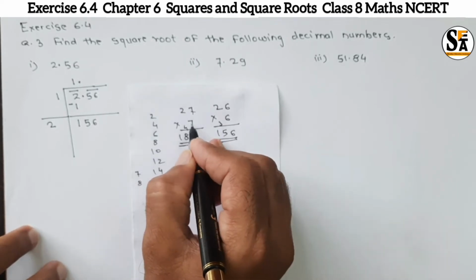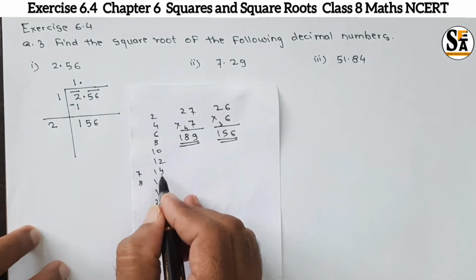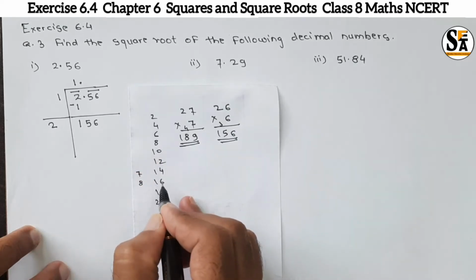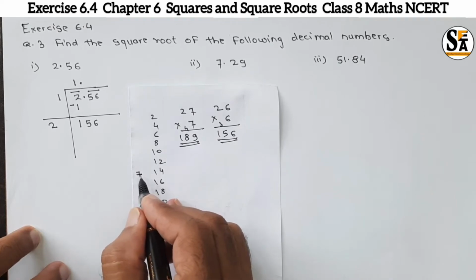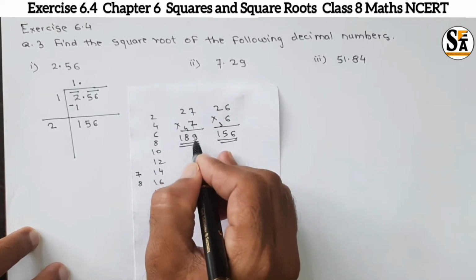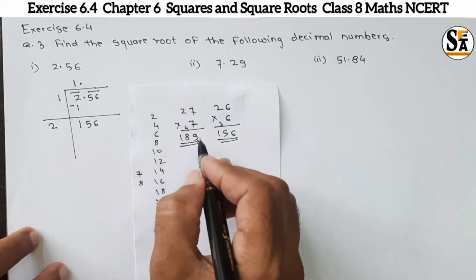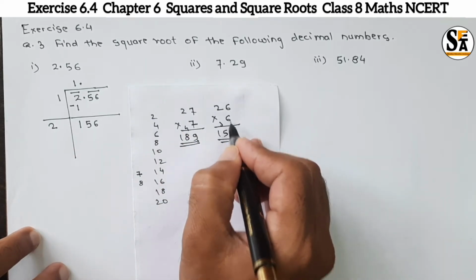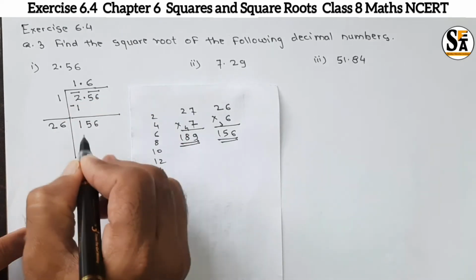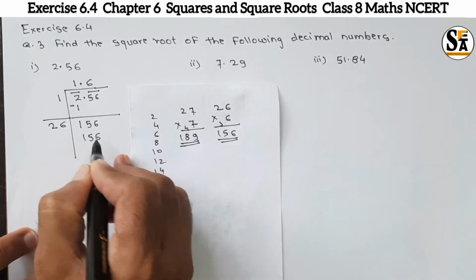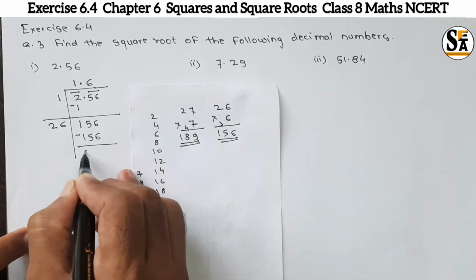First we tried with 7, because by the trick we found 15 is in between 14 and 16. Means 2 7s are 14, 2 8s are 16. So try with 7. By putting 7 we are getting a higher number than 156. Then go to the lower number 6. That is a perfect number. So put here 6 and here also. The multiplication of this is 156. Then take the subtraction of this, we get 0.